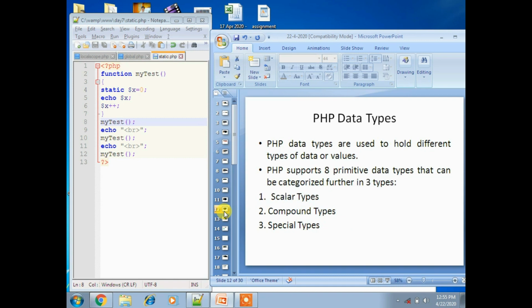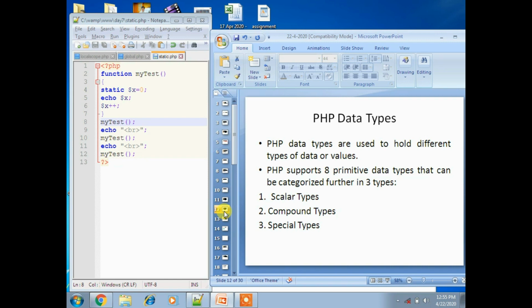Okay, now let's see what the different types of data types are. Data types are used to hold different types of data or values, and normally PHP supports 8 primitive data types that can be categorized into three types: scalar type, compound types, and the third one is special type.